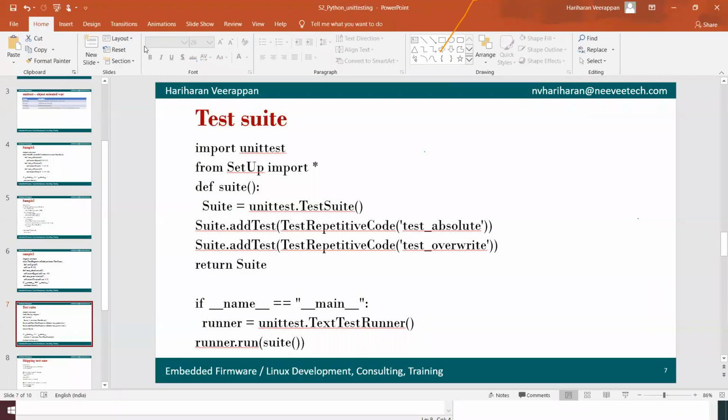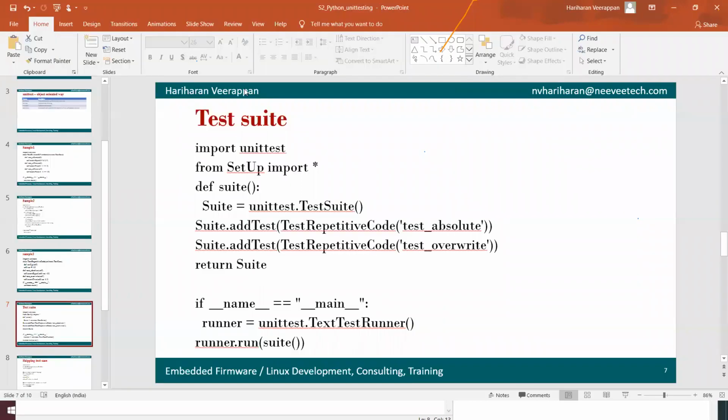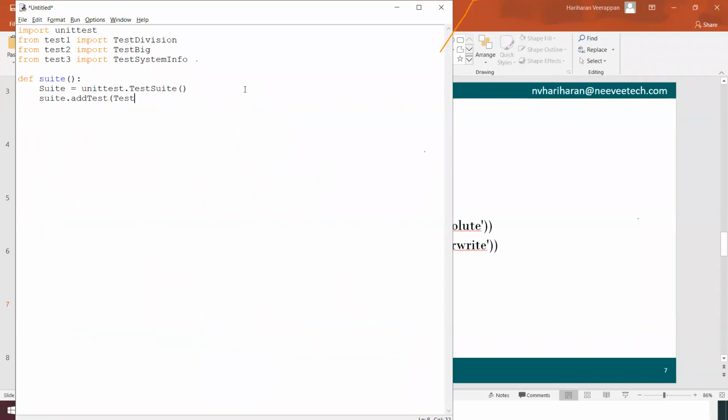Once it is done, we can add every test case: suite.add test, test division, and then suite.add test, test big, bigger or smaller, and suite.add test, test system info.